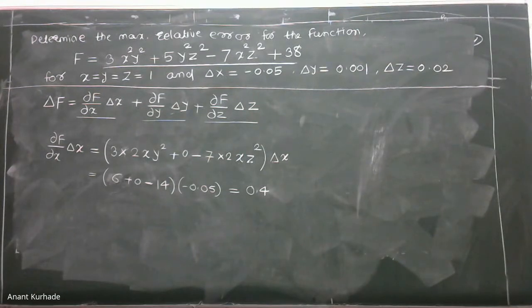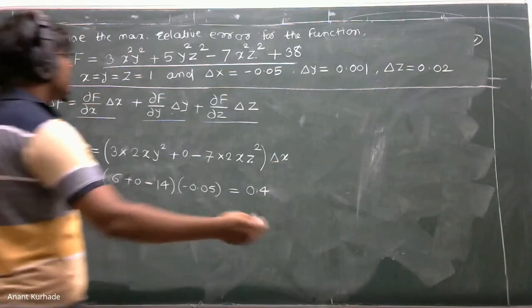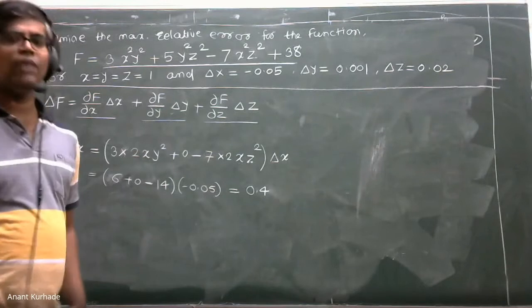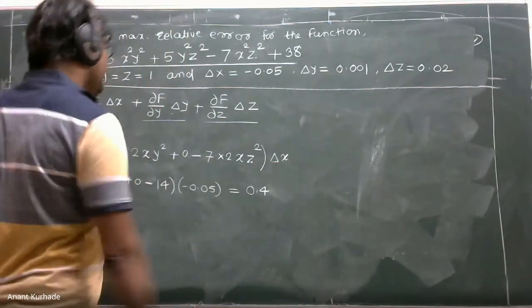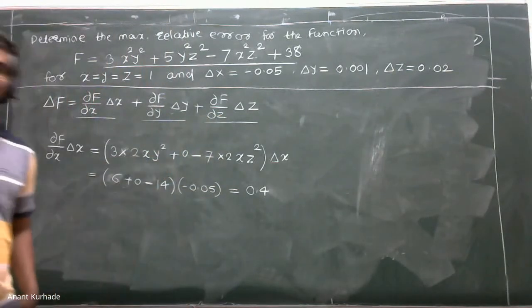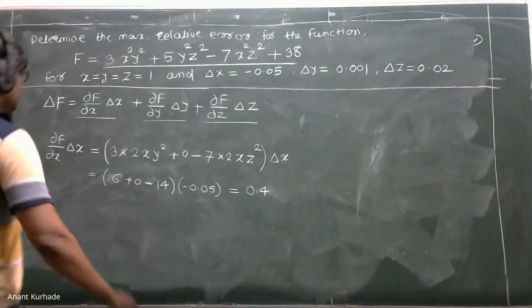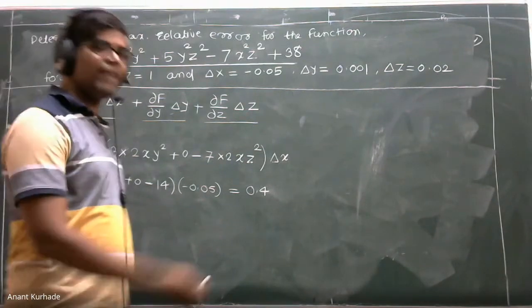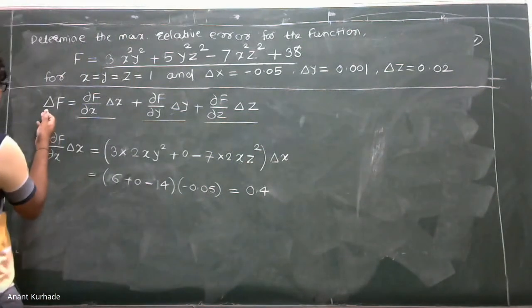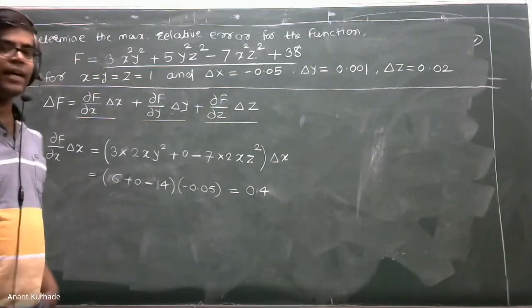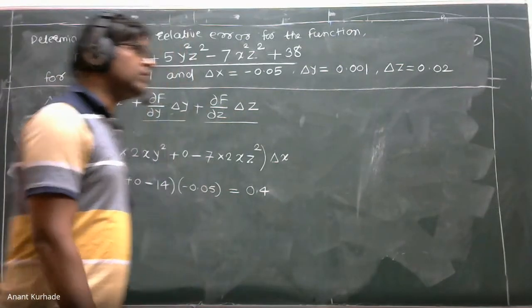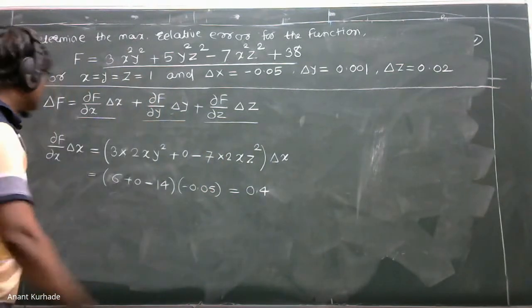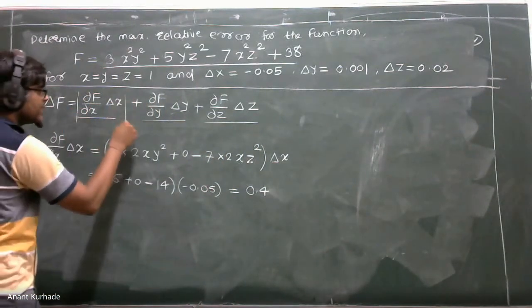Now see here, this is correct actually, but while calculating the next value, you may have a question. You can use one value as minus here, but we are taking that as a plus. That is the error in f, which is how we are doing delta f. This delta f error is always positive. So in this formula itself, try to add this mod sign.